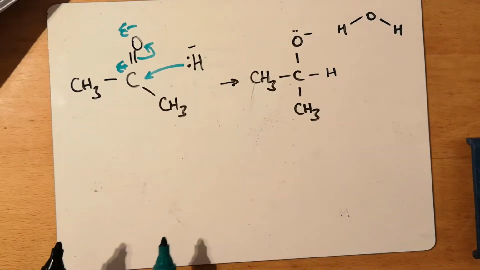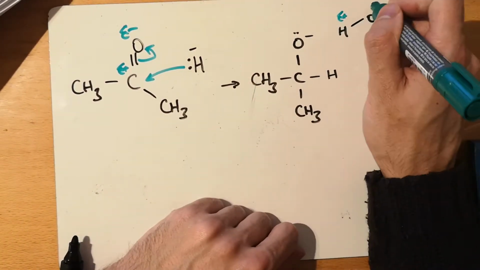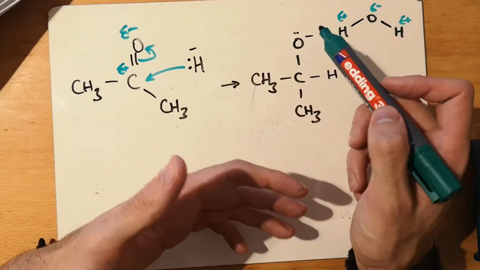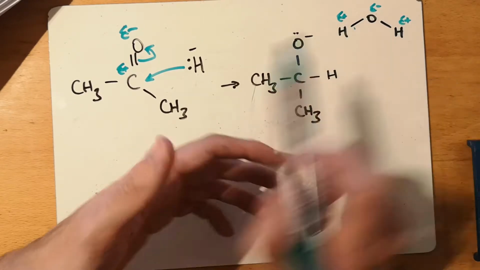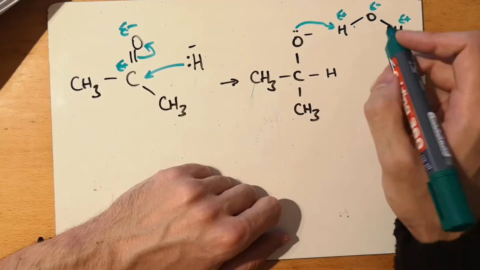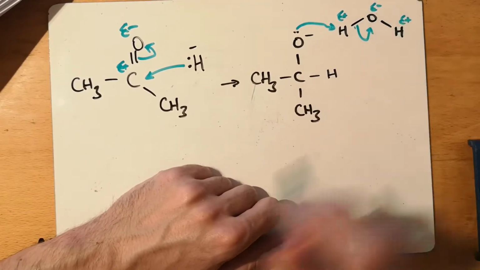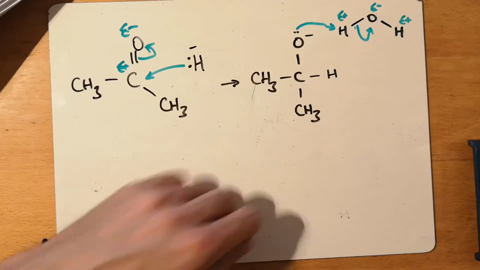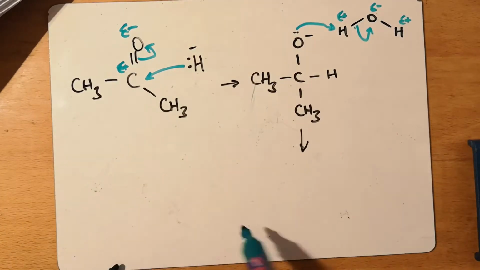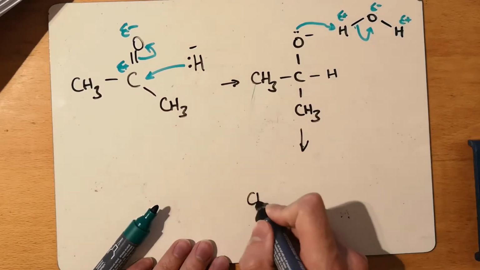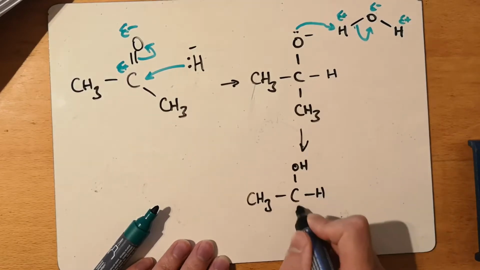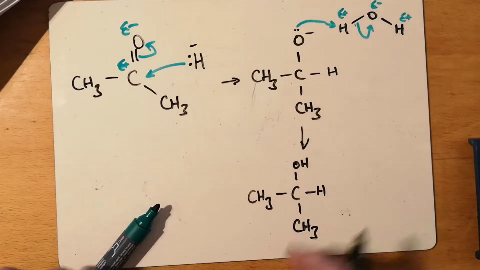Water molecules always floating around everywhere. Delta plus, delta minus, delta plus. Important to have the dipoles on here because we want to show why the oxygen is going to attack this hydrogen. So curly arrow to the hydrogen. This goes into that oxygen to give us CH3 C OH H CH3, which is